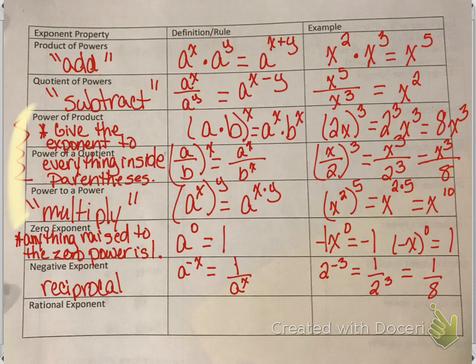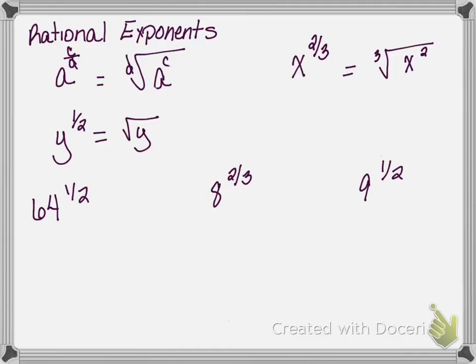So be aware of that. Rational exponents I want to do on the next page, just because I want to make sure that we've got that. Okay. Rational exponents are when an exponent is written as a fraction. So look at this right here. Your top number,